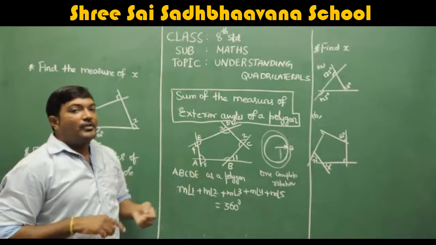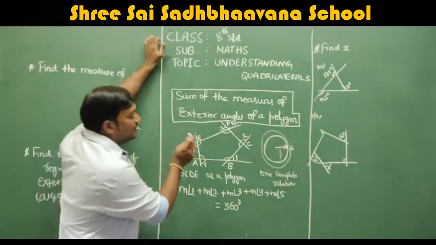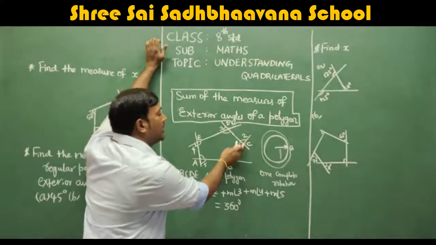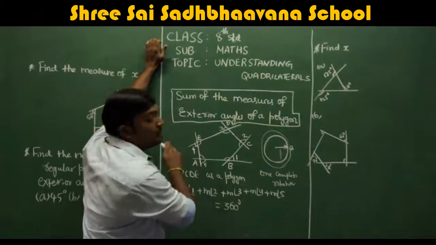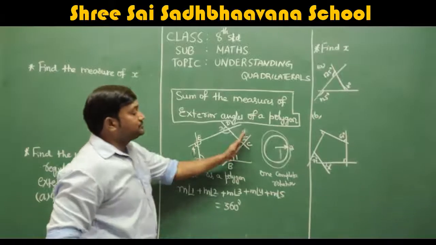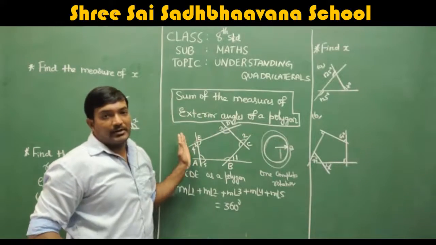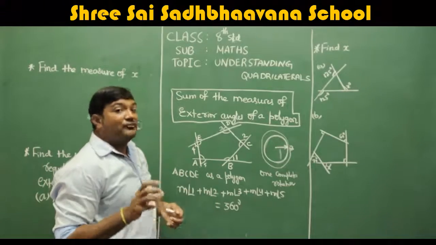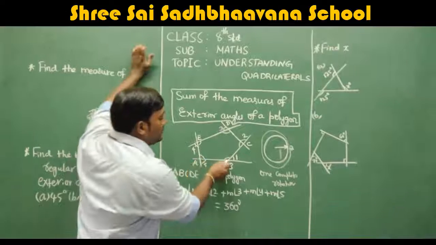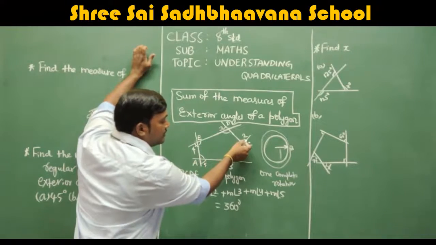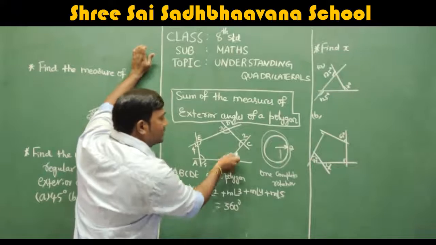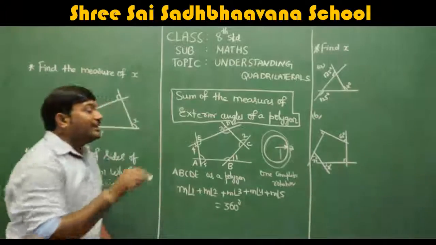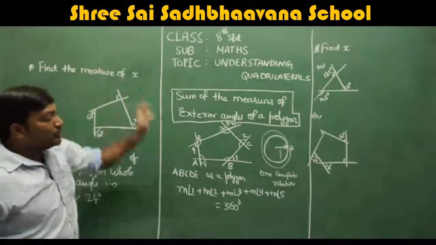Similarly, here also, whenever he starts his journey, for example a person is standing here, he walks from A to B, again from B to C, from C to D, and D to E, and again he comes back to A. So he is coming back to the same place. That complete rotation takes 360. At each corner he makes some angle: angle 1, angle 2, angle 3, angle 4, angle 5, like that you have different angles. But we know the total angle made by him is 360.